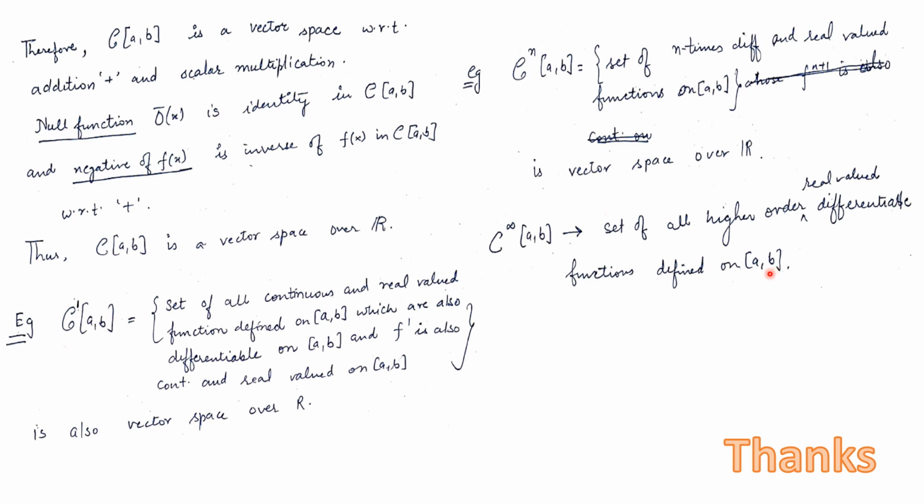So with this, vector space is cleared. Exercise 3.1 from An Introduction to Linear Algebra by V. Krishnamurthy, so you can do it by yourself. Vector space means you are given any non-empty set. Both the operations should be defined: one is the scalar multiplication, other is the binary operation. With respect to these two operations, those 8 properties should be satisfied. If any set satisfies those 8 properties, then that set will become a vector space over the set of real numbers. And these are the standard examples. With this, thanks.